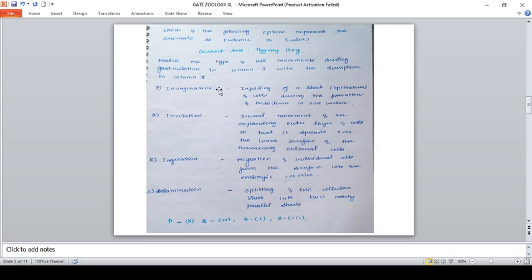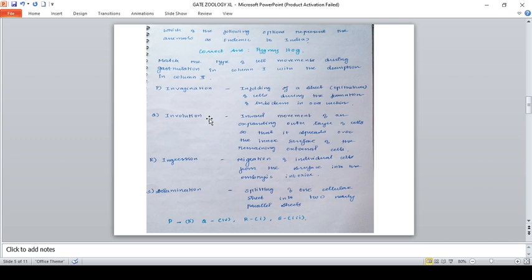And next, they asked about the cell movement during gastrulation along with a description. Invagination is an infolding of a sheet, that is, the epithelium of a cell, during formation. An example of invagination can be seen in the endoderm in sea urchin. Involution is an inward movement of an expanding outer layer of cells so that it spreads over the inner surface of the remaining external cells. Ingression means migration of individual cells from a surface into the embryo interior. Delamination means splitting of one cellular layer into two nearly parallel sheets.